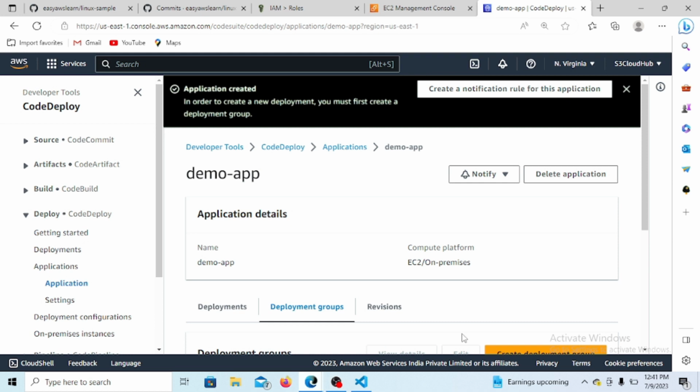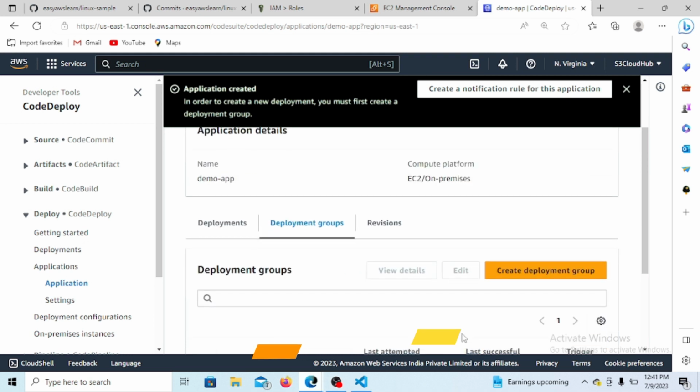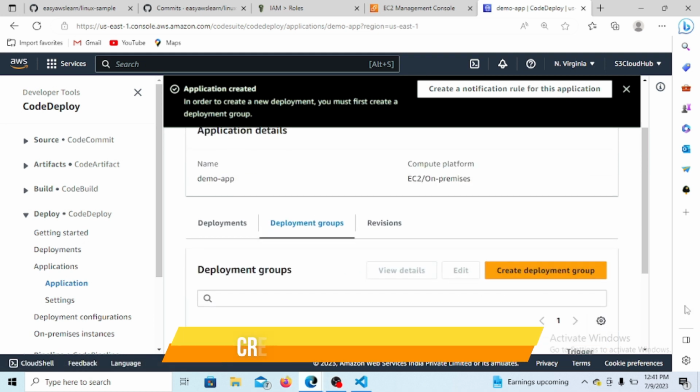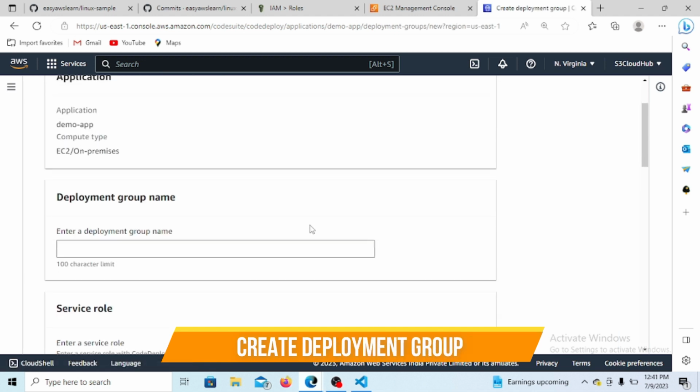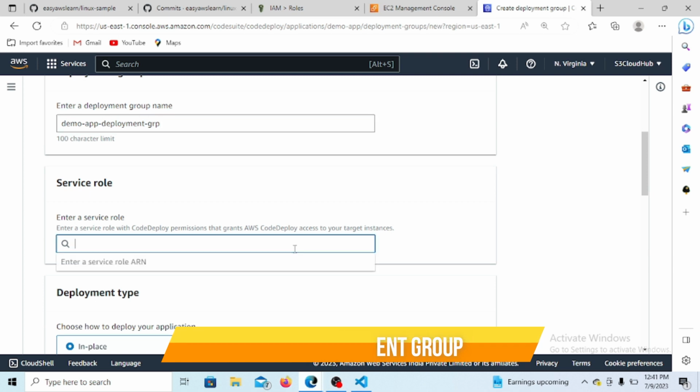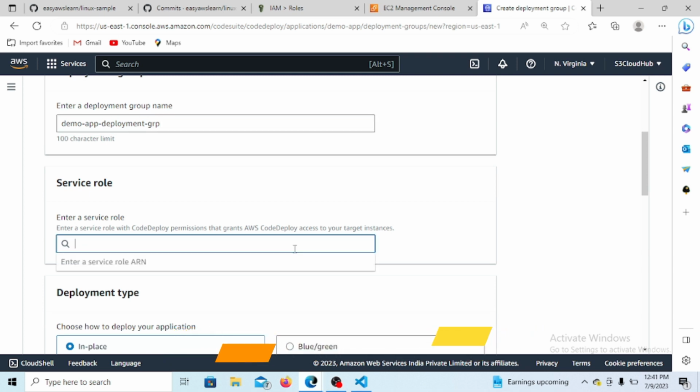Now on the application we have to create a deployment group. So under the application we need to create a deployment group. So I'm creating the deployment group here. Let's give the name demo app deployment group. Okay, and here we have to give the service role. Since we have not created a service role,